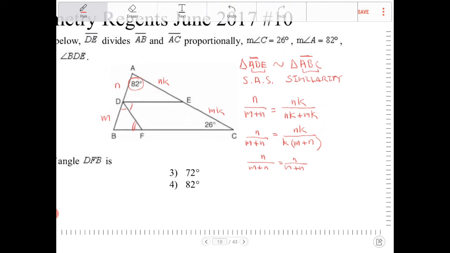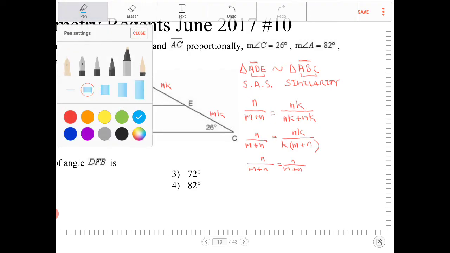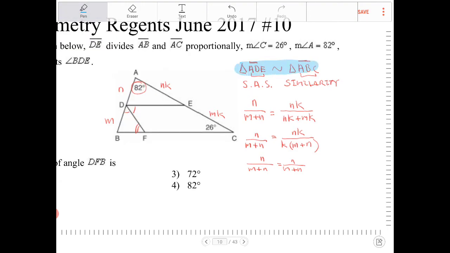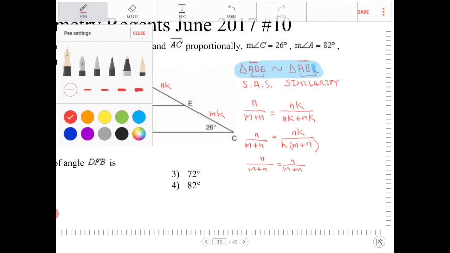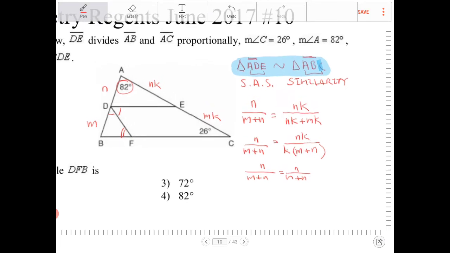Now, do you need to write all this out in order to solve the problem? No, you just need it to be able to identify this statement here, right? In order for us to go through the next steps. You don't need to go through what I just went through here, but again, this is the argument for why the next steps are going to be true. So if that's the case, then